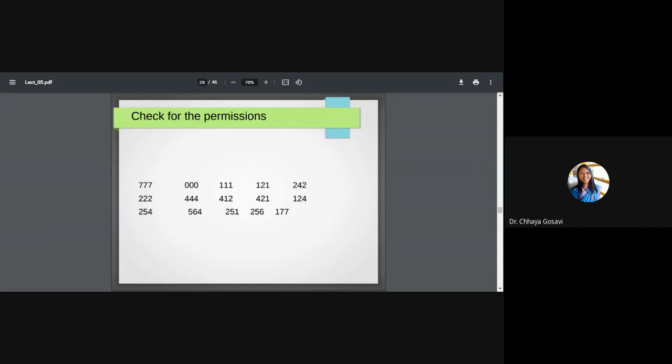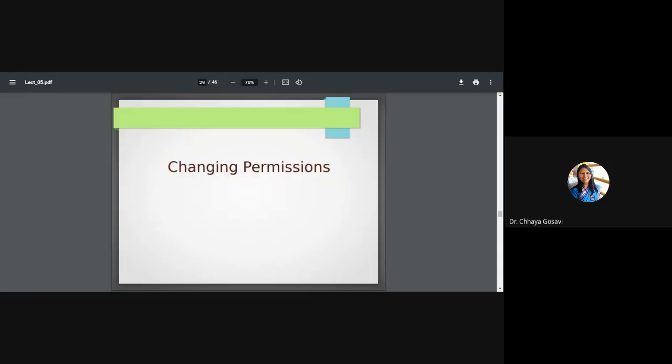Try to decrypt this. What is the meaning of 5, 6, 4, 2, 5, 1, like this? We'll check how to change the permission. We have seen whenever a file gets created, it automatically assigns some permission bits for owner, user, and group. The user can change these permissions with commands.